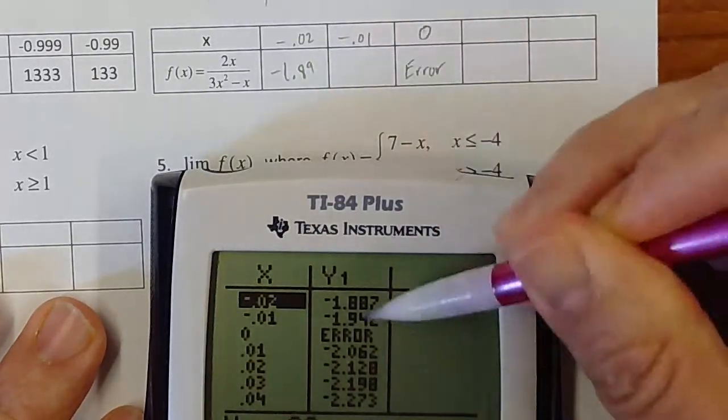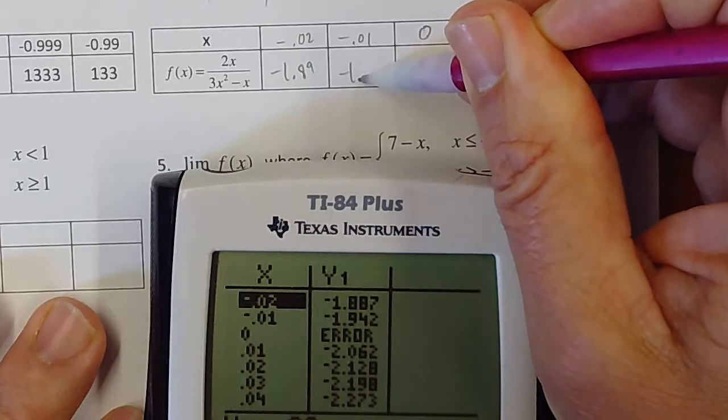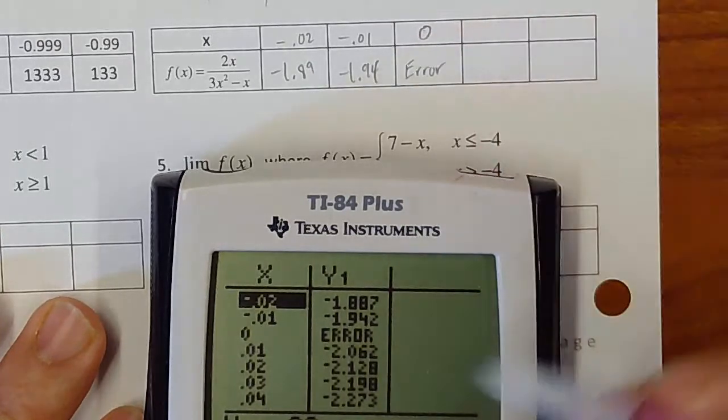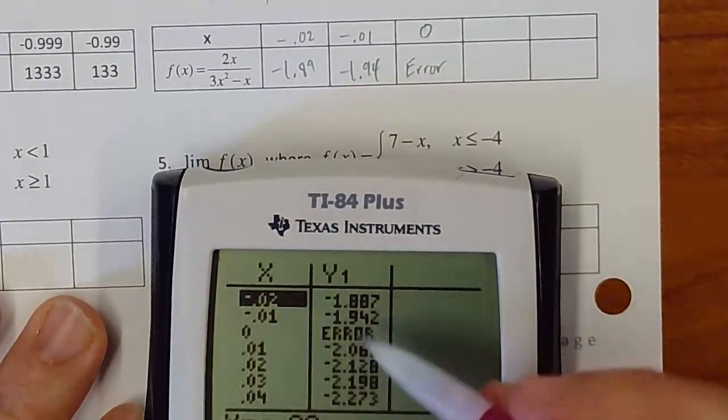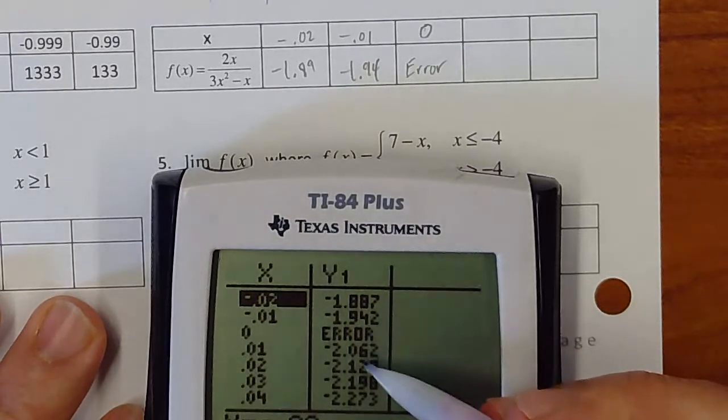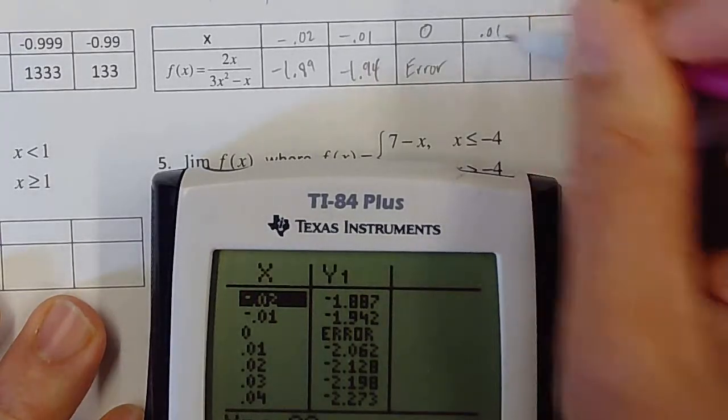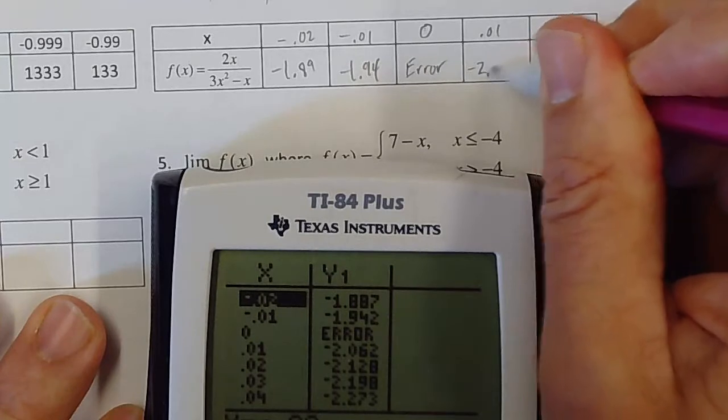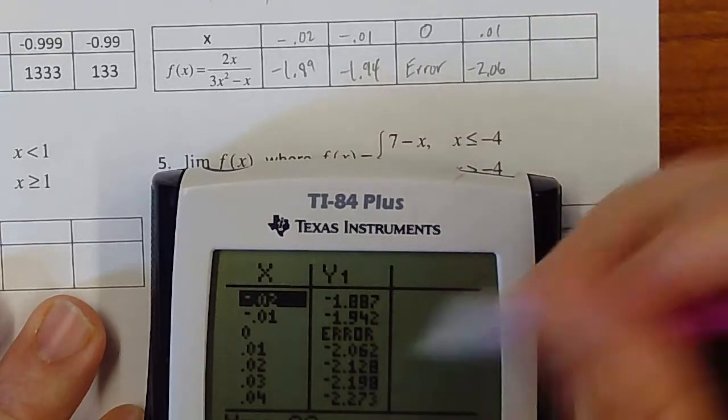-1.89 and -1.94. A couple decimals should be enough. Okay, I'm just copying down the table. These other values, 0.01, -2.06, and then the other one,